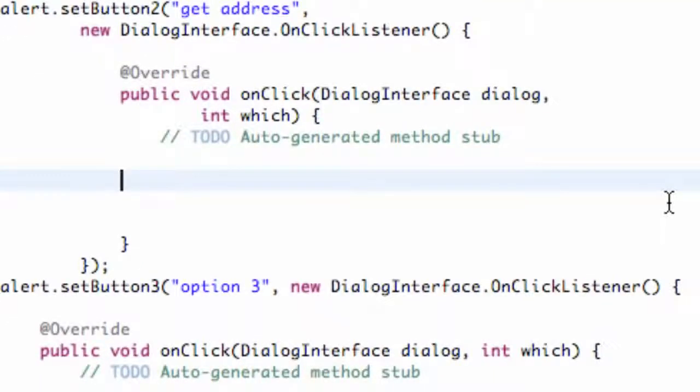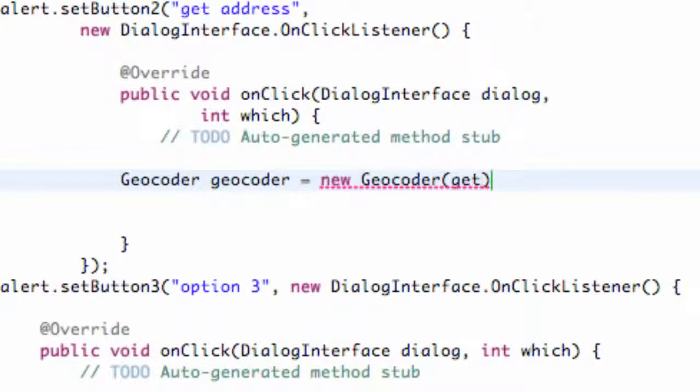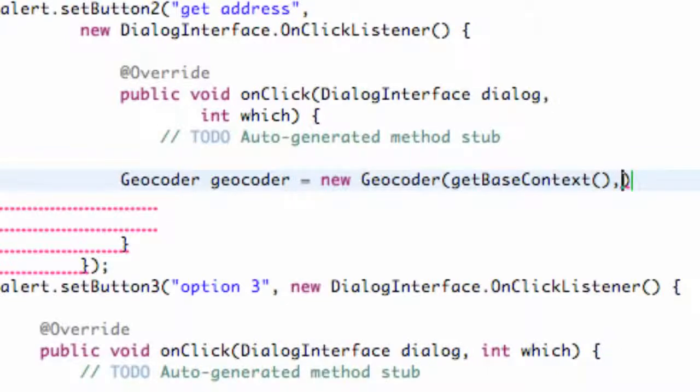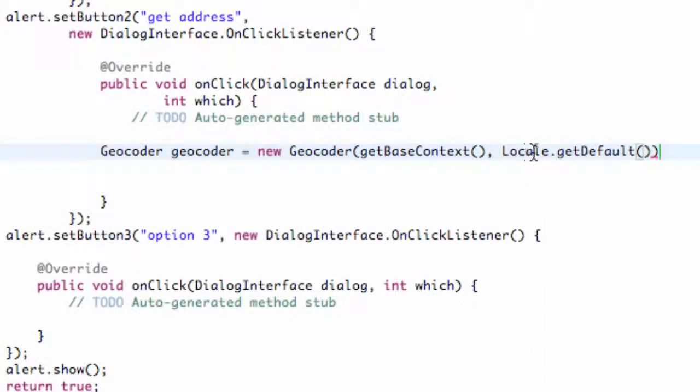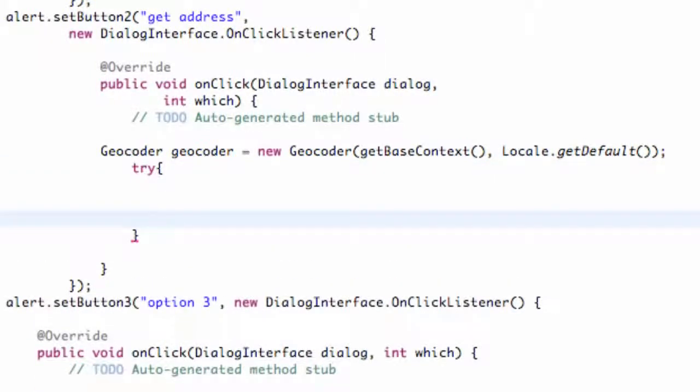And now we're going to set up something called a geocoder that's going to allow us to access the address and all that good stuff. So we're going to say Geocoder, and we're just going to call it geocoder or something like that. We're going to set this equal to new Geocoder, and within the parameters we're going to say getBaseContext. That's going to return the context of the base class, and then we're going to say Locale.getDefault, and we have to import both Locale and our Geocoder, which I've already done. Now we've set up our geocoder, and within a try bracket we can try and access the address and all that good stuff. So we're going to say try, and then within the try brackets,